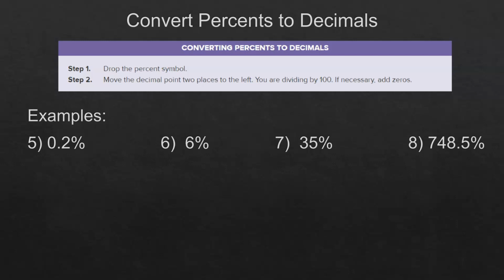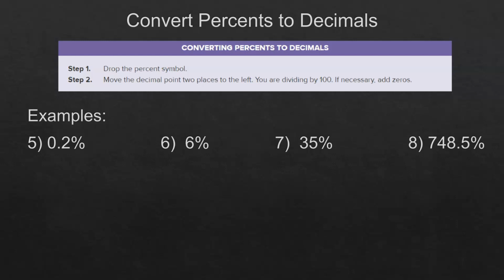So converting percents to decimals. Notice step 1 says drop the percent symbol, step 2, move the decimal point 2 places to the left. This is the same as dividing by 100. And once again, we'll put zeros in wherever we might need them. All right, so let's look at this first one,